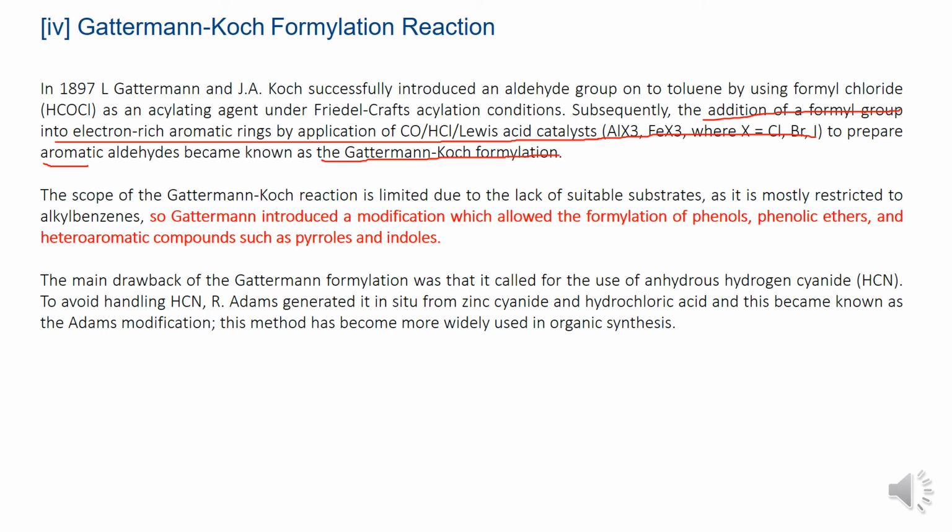Remember, Gattermann introduced the modification which allowed the formylation of phenolic ethers and heteroaromatic compounds such as pyrroles and indoles too. The main drawback of Gattermann formylation was that it called for the use of anhydrous hydrogen cyanide. It is more toxic also. Handling is very dangerous. To avoid handling HCN,